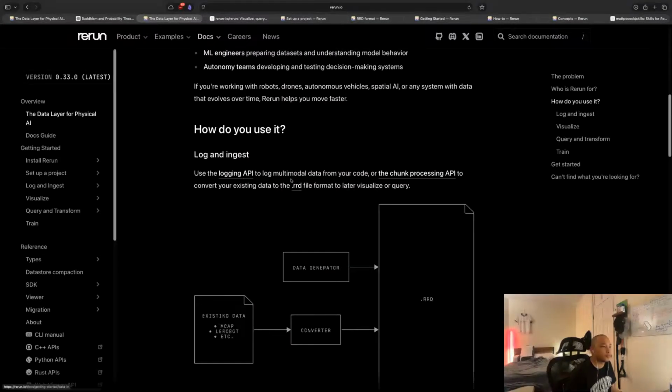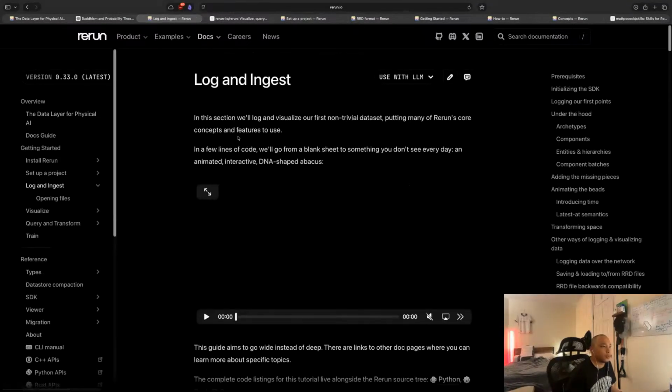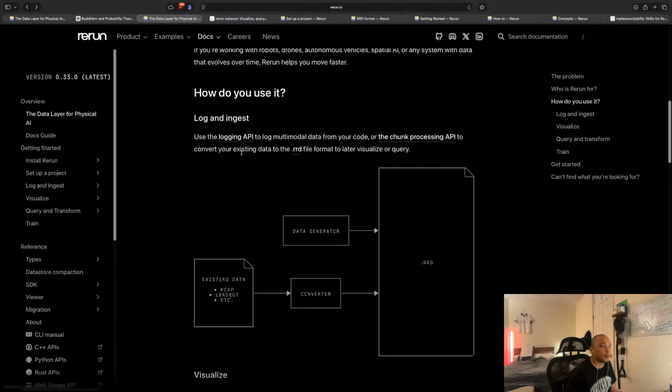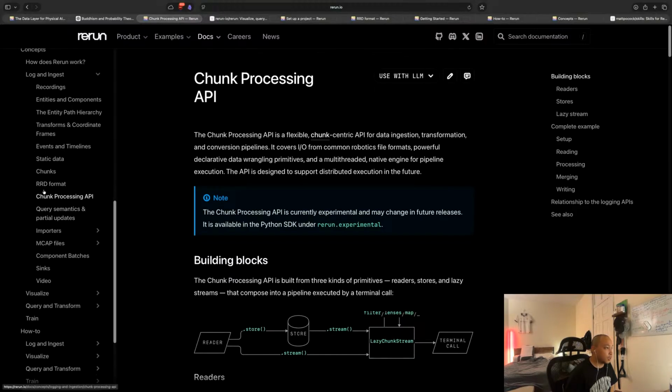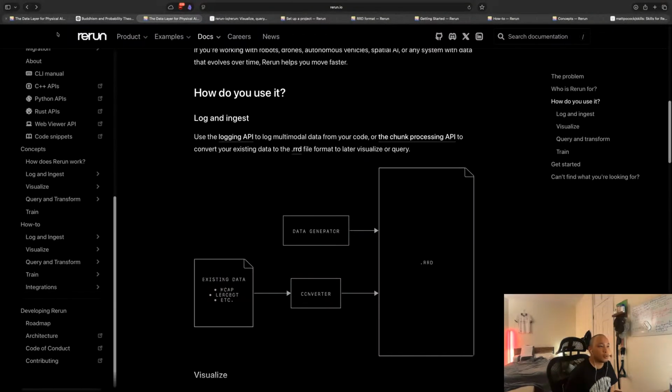There's a logging API, which, let's black box it. So it's an API that logs multimodal data from your code, or the chunk processing API, which presumably is a different API to convert your existing file to the RRD file.